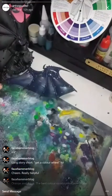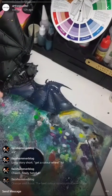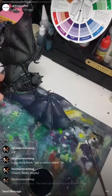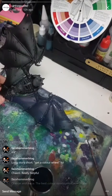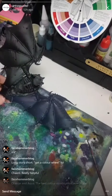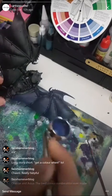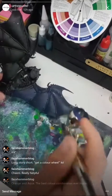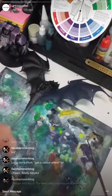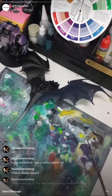Right, so I'm just going to dry that off. What we're going to do here, guys, is I'm going to show you a way to achieve super fast results, like on kind of an army level. I'm not going to be going for anything finesse, but I'll be going for something as effective as possible, as fast as possible. Okay, so we'll jump to our purple,